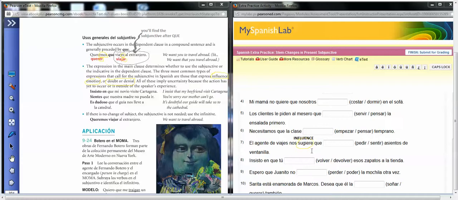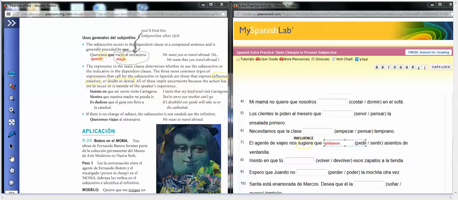Okay, so then we're going to pick that the travel agent suggests that we ask for seats, window seats. So then we are going to use pedir, ask for. Okay. And then we're going to use subjunctive in the dependent clause because there was influence in our main clause, the part before que. And so whenever you have an indirect object pronoun in your main clause, that's going to become the subject in your dependent clause because the travel agent is suggesting that we ask for. And this happened to be a stem changer, so you'd have